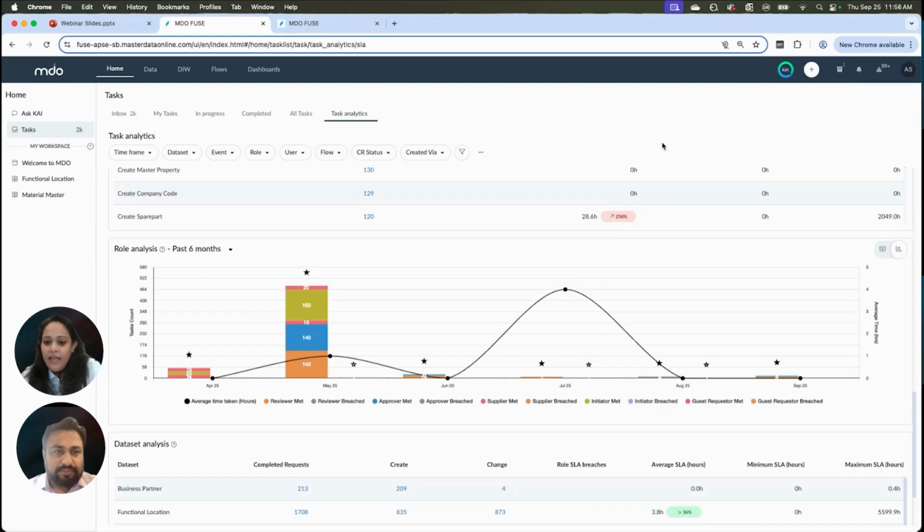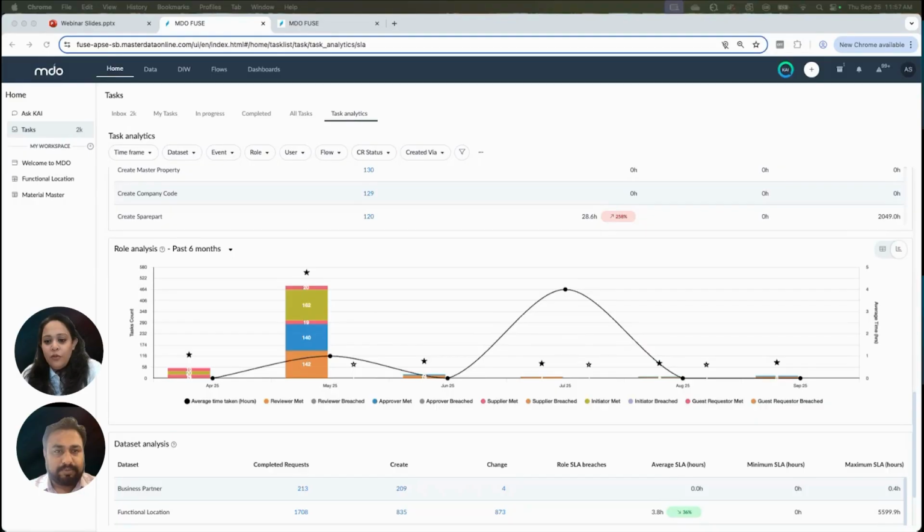All right, with that, we come to the end of the questions that I had, and we still have a couple of minutes if the audience has any questions. And Akshay, thank you so much for giving us this walkthrough. We've had a very clear understanding of both the MDO One View as well as task analytics features of MDO.